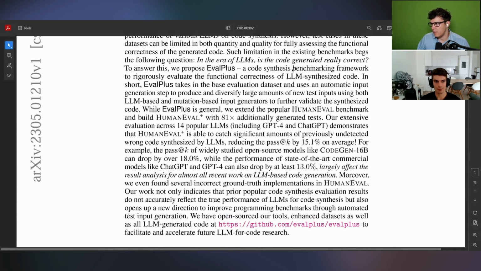But yeah, is the code generated really correct? How good basically is Copilot, StarCoder, CodeGen 2? To answer this, we propose EvalPlus, a code synthesis benchmarking framework. All right, so